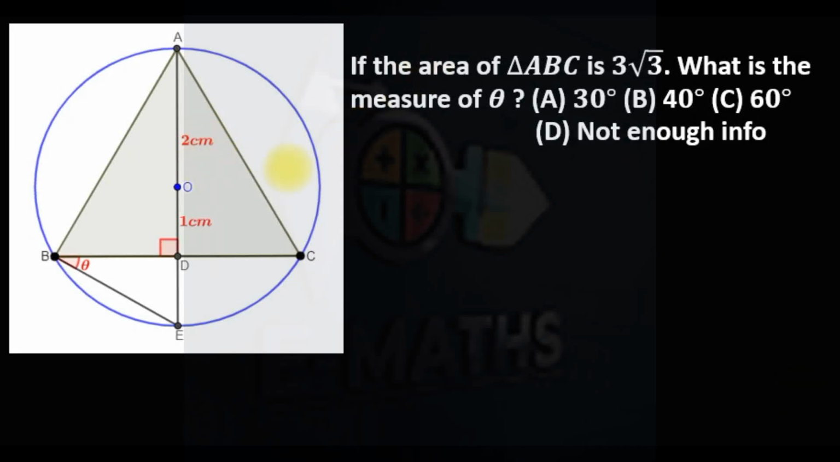Okay, we are given the diagram. They said if the area of triangle ABC is 3 root 3, what is the measure of theta? Looking at the diagram, I'm seeing a triangle inscribed in a circle, and we have the height of the